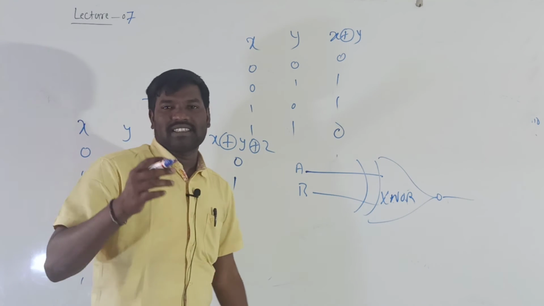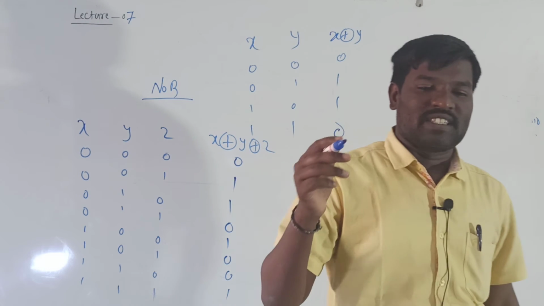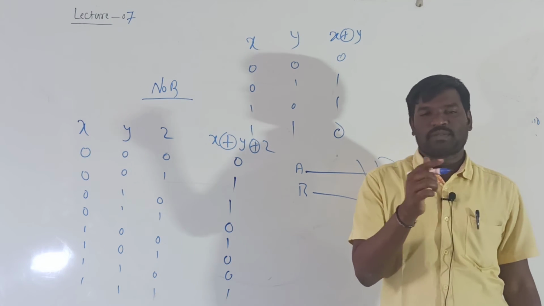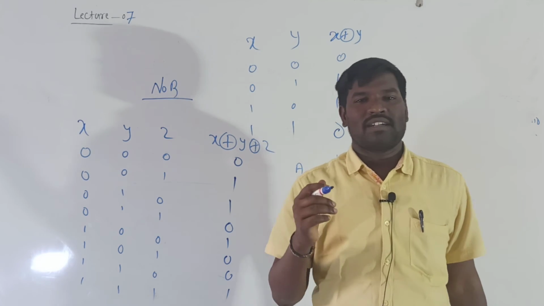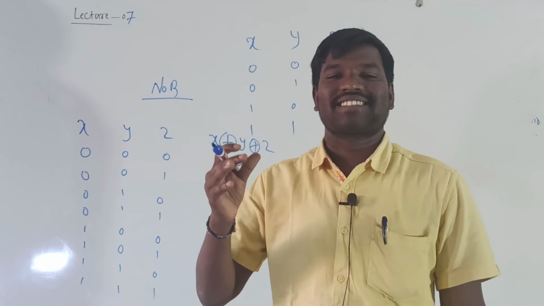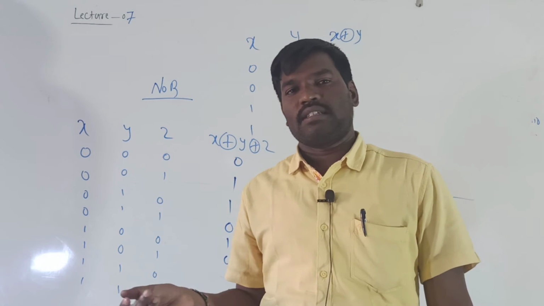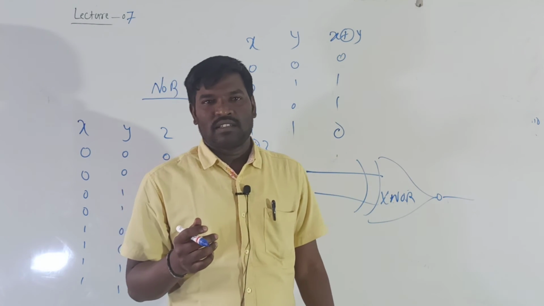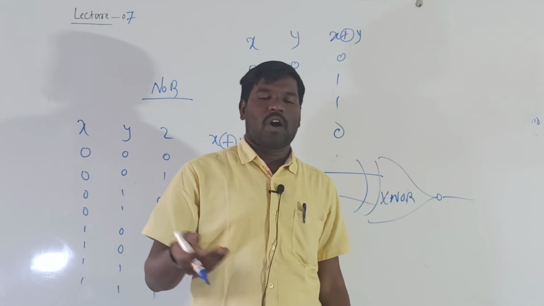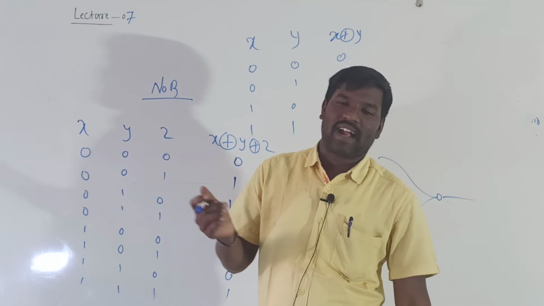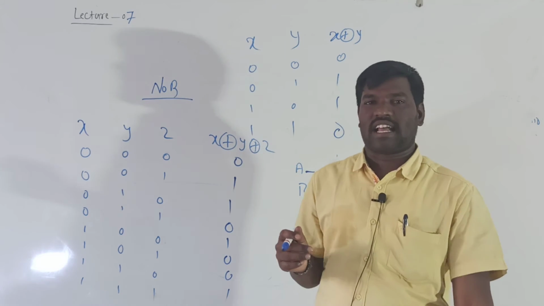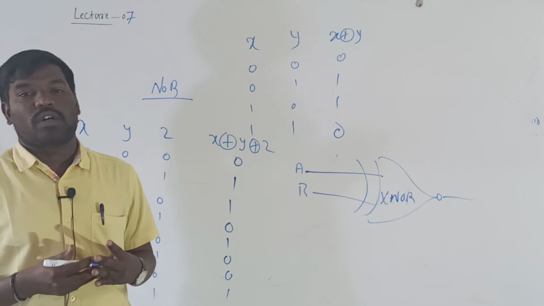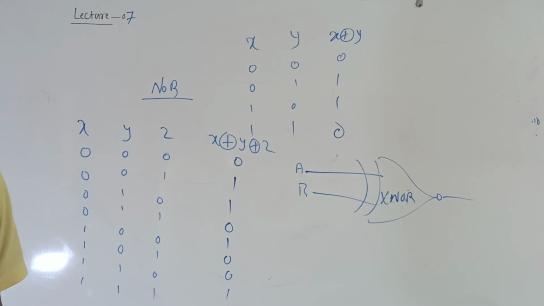Okay, so logic gates are classified into two types. First one is basic gates, second one is derived gates. Basic gates are three types. First one is NOT, second one is OR, and last one is AND gate. We already studied. In the second category, that is the derived gates, there are four types. First one is NOR gate, that is not of OR gate. Second one is NAND, not of AND gate. Third one is XOR, that is exclusive OR. Fourth one is XNOR gate, that is exclusive not of OR gate. Okay.